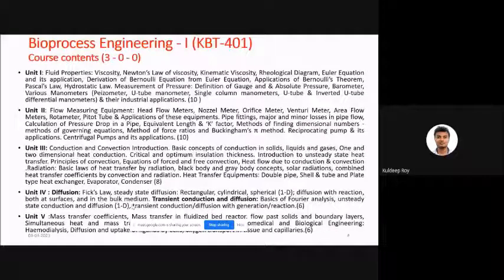Now, this is the structure of your course. Your course is divided into 5 units. One is fluid mechanics. In this unit, we will discuss fundamental things like Newton's law of viscosity, which follows the ideal condition of the fluid. And for the application part, we will discuss in unit 2, where we will talk about the orifice and venturi, which are related to your bioreactor application part. All these things will be covered in unit 2.